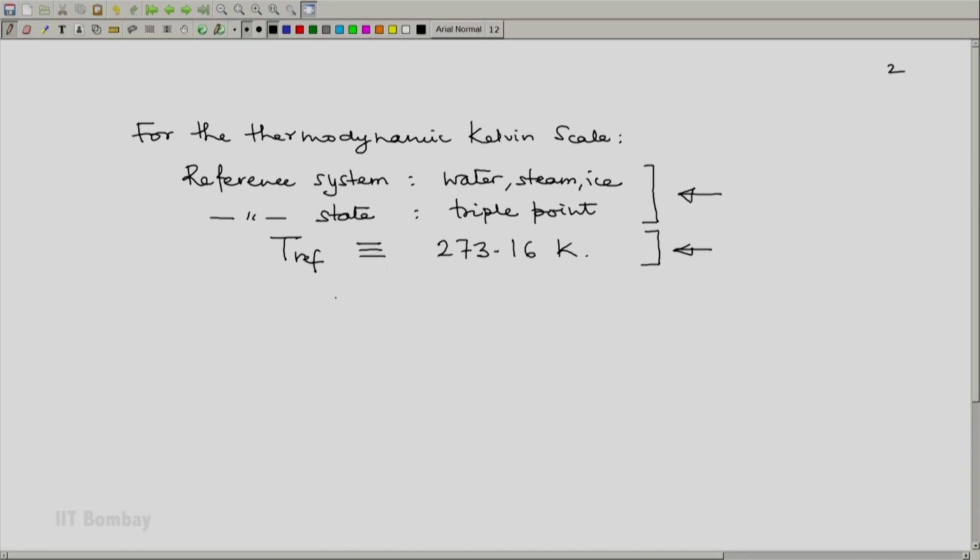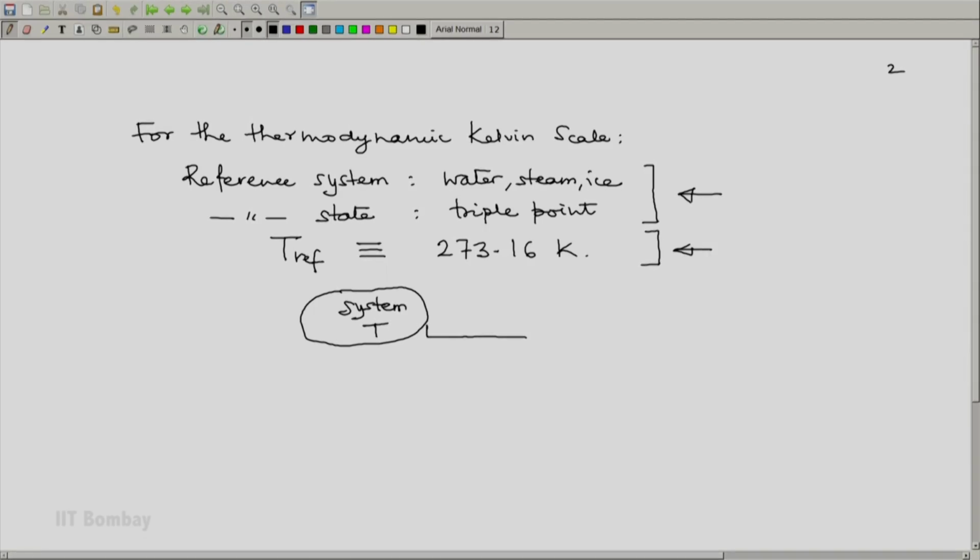And using this definition and our interpolation form, which we have selected to be this, we do the following experiment. Suppose we have a system whose temperature T is to be measured. What we do is, if the system is large enough and can be approximated to a thermal energy reservoir, then we use the system itself, or at the same temperature T we create a thermal reservoir. Then we create a thermal reservoir which is at T ref, that means it contains water at its triple point,